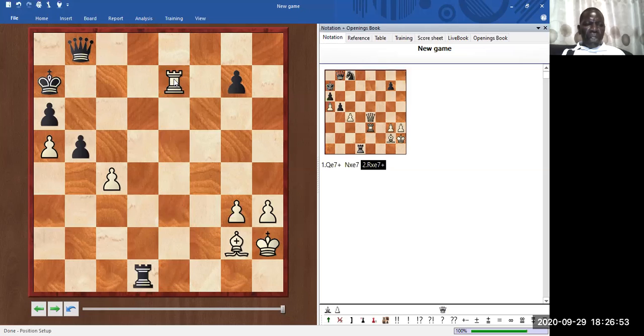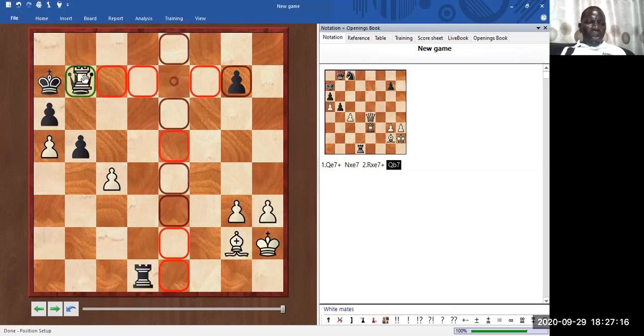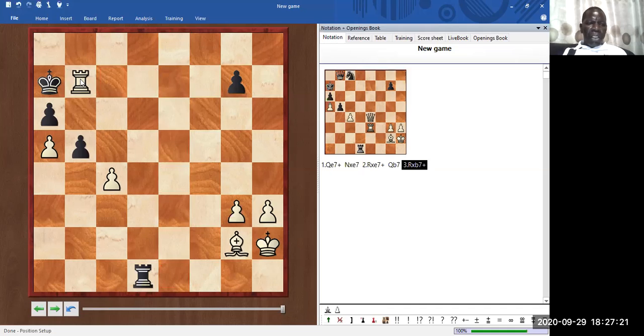Again, we have a repeat of the same situation. To save the king, black needs to block that check. Now, after blocking the check, the queen takes, the rook takes, check, thereby blocking the bishop. Now the king can go to a8,